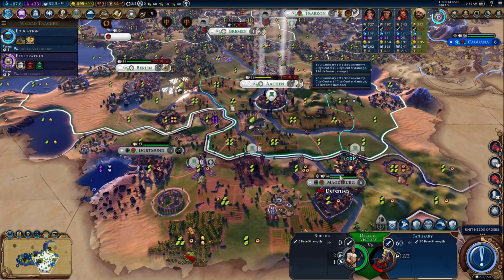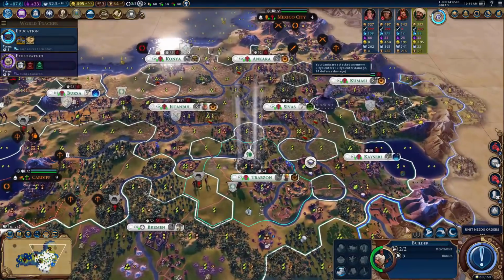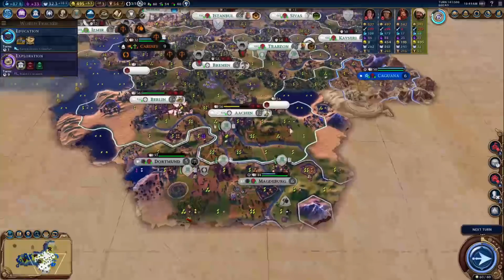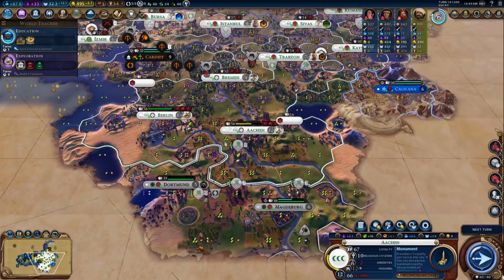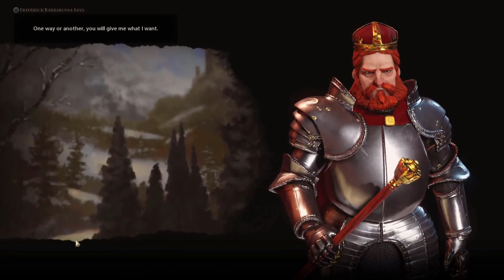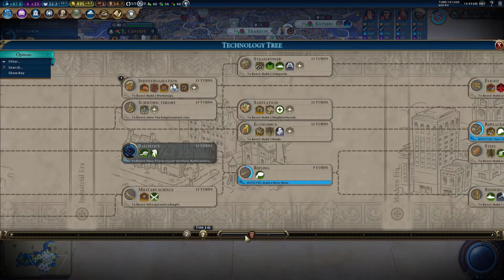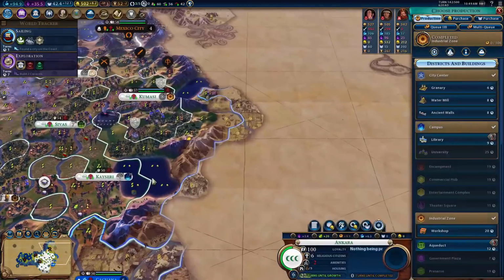The religious victory is just so bland. Convert my civilization with your missionaries, win the game, whoever gets the most faith. I feel like it should be more interactive, right? Instead of forcing other people, going into civilizations and converting, whoever has the most faith. I feel like it should be a mixture of that, and then also